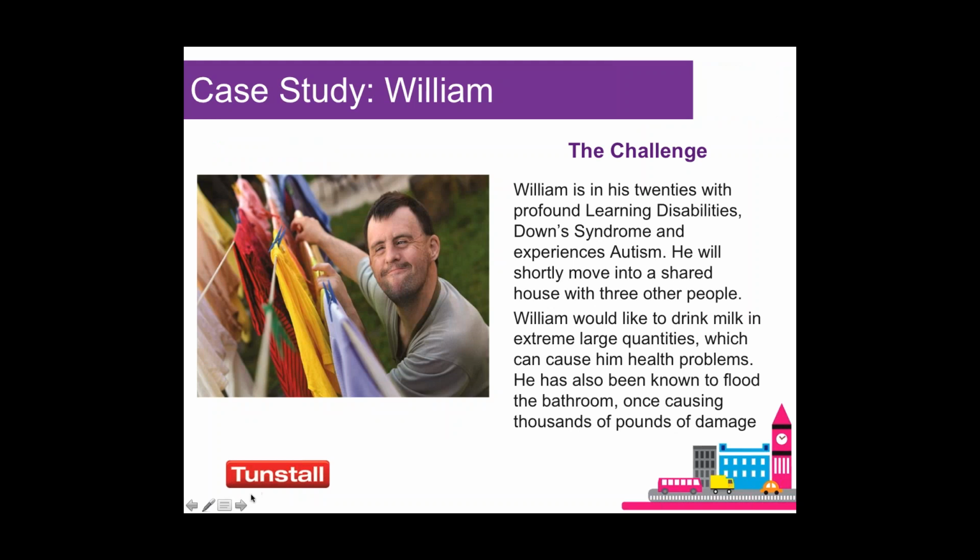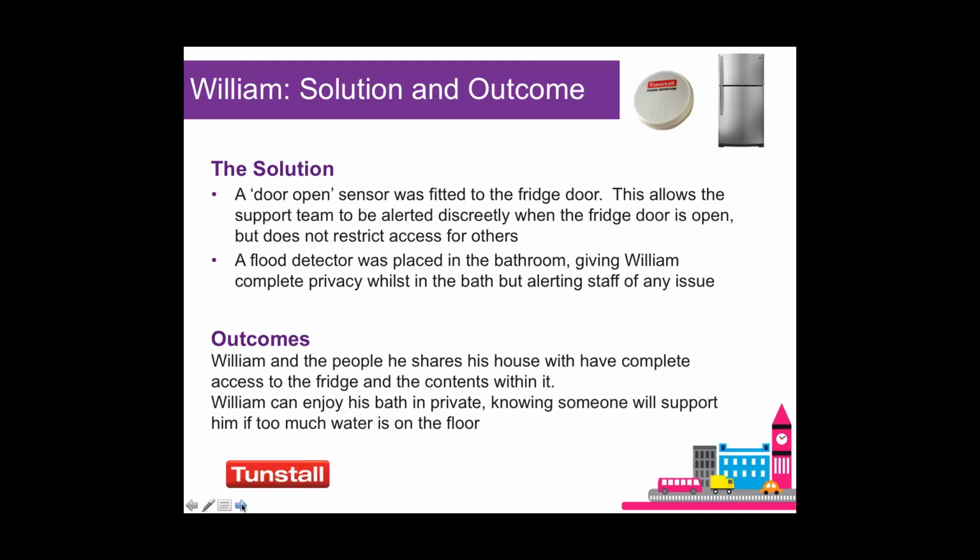William has also been known to flood the bathroom and on one occasion caused thousands of pounds worth of damage. So the solutions for William: a door open sensor was fitted on the fridge door. Now this sensor simply monitors when a door is opened and closed, and although they're traditionally used on external or internal doors, we can be a bit more creative and use them on cupboards and fridges as we have done in this situation. Now this sensor allowed the support team to be alerted discreetly when the fridge door is open,